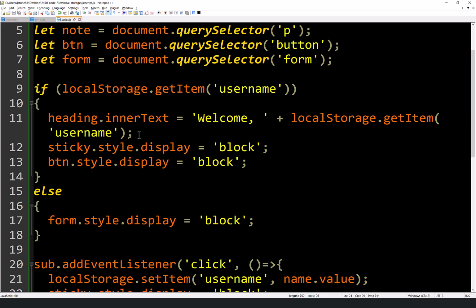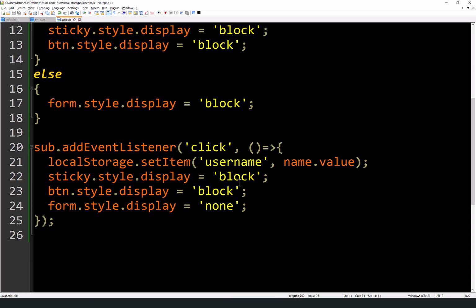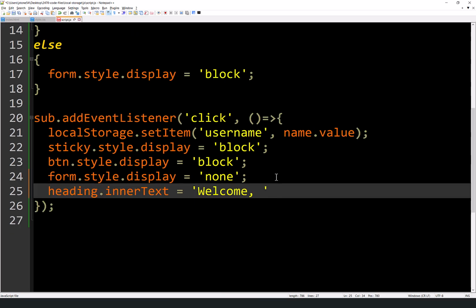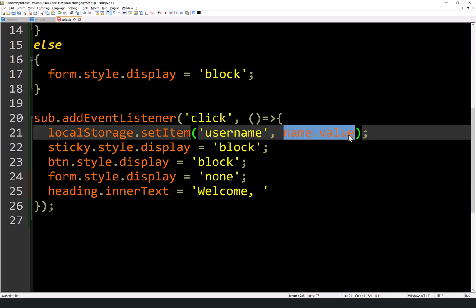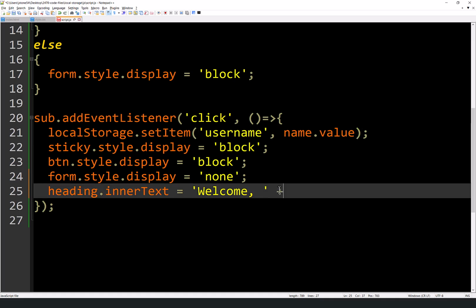And we can do this right here. And I don't actually have to grab it out of local storage, even though it is there. But we actually have it as the name.value. So I might as well just use it because it's shorter, because we just barely got it if we're in this part of the code, right?